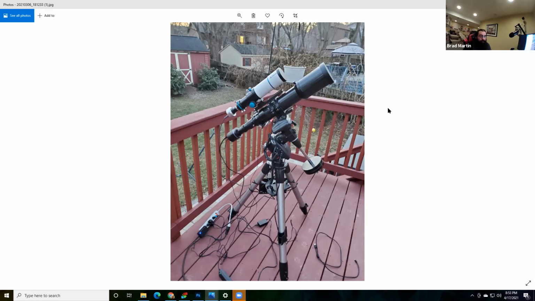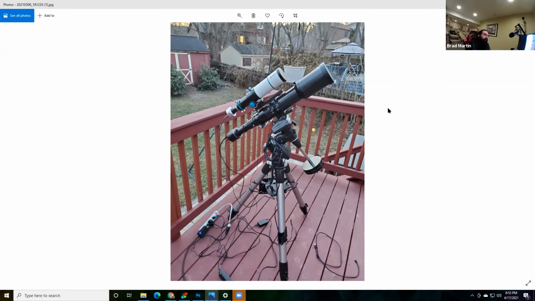I am not using any filters at all. I'm pretty new to this, so I've only been doing this for a couple of months. I bought this color camera used, and I just do full spectrum, like broadband. I'm not doing anything fancy at all.